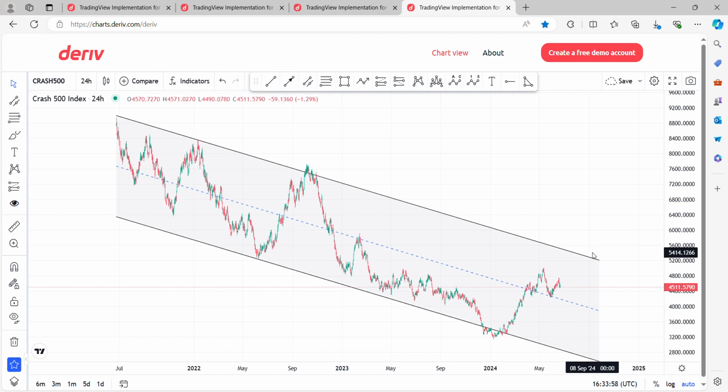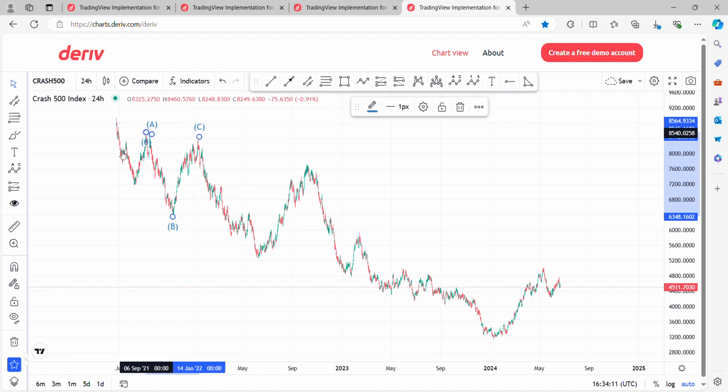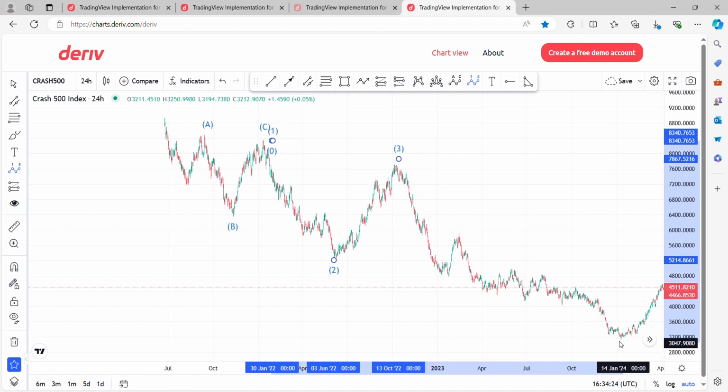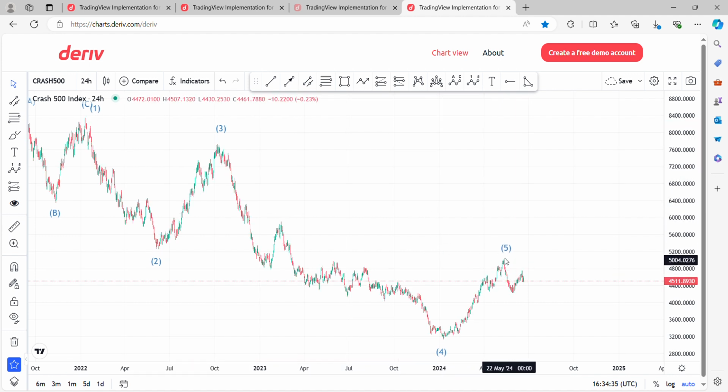Checking this even without applying anything, firstly the trend started from here, but we have our first here, our A here, B here, the change of trend on the daily time frame, right? Now after that, what do we have next? We have our first wave here, second wave, third wave, and see the third wave was so very long, it started from here and finished there. So you can also see that these are fifth waves now.